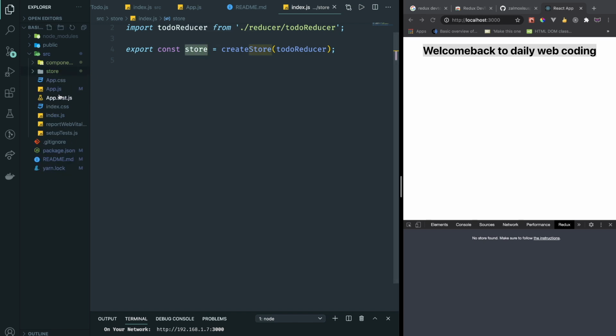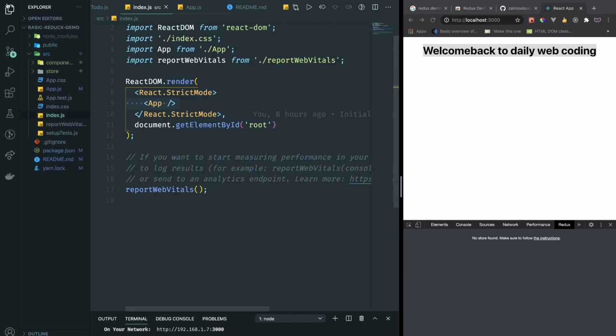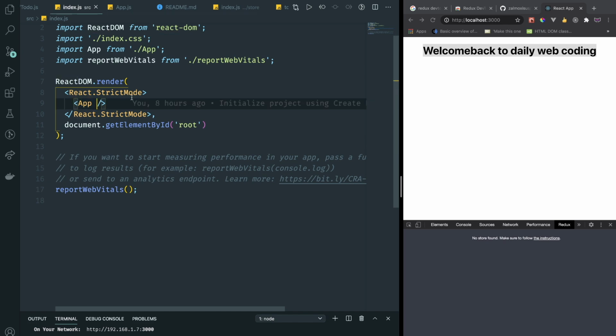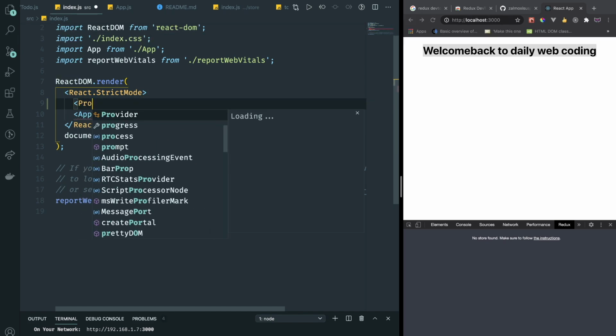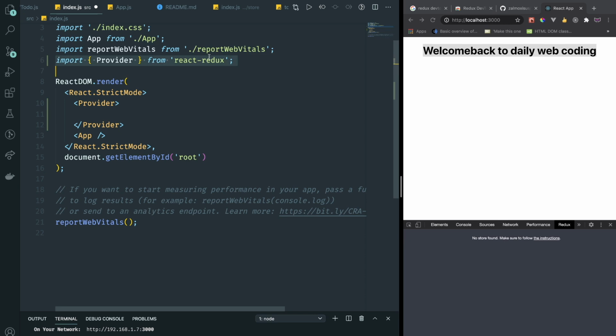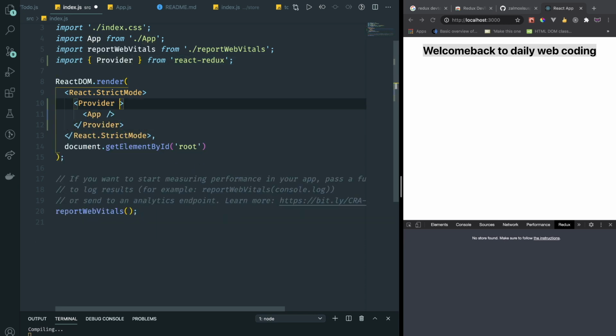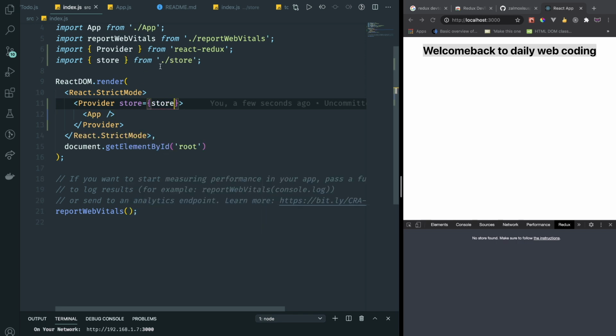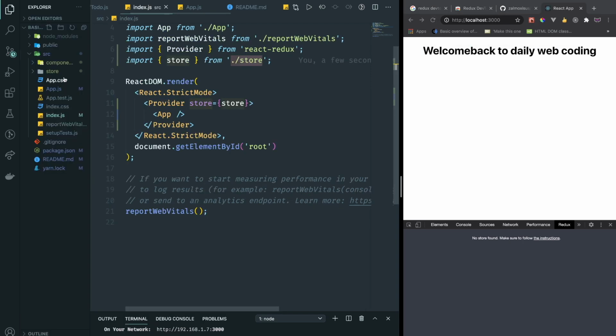So to do that, we can go into the index.js, which is the root of our application, and now we can wrap the app right here with the Provider, which comes from React Redux. And now we're gonna pass the props, that's gonna be store. Now we're gonna get this store that we just created. And now we do not see anything just yet,